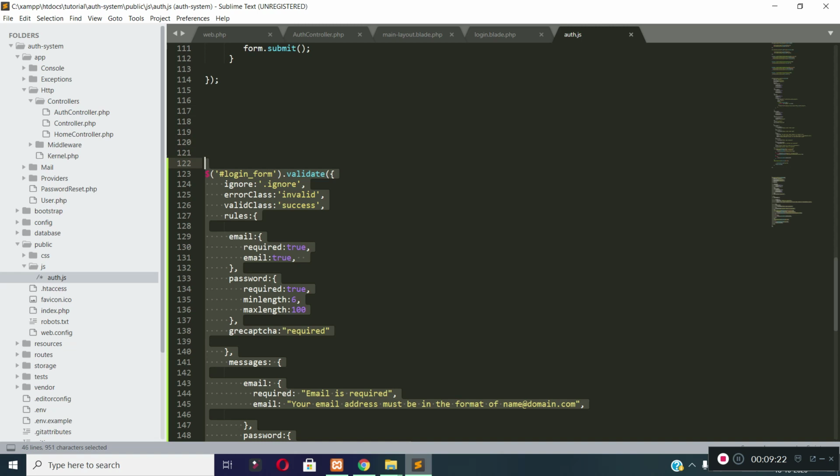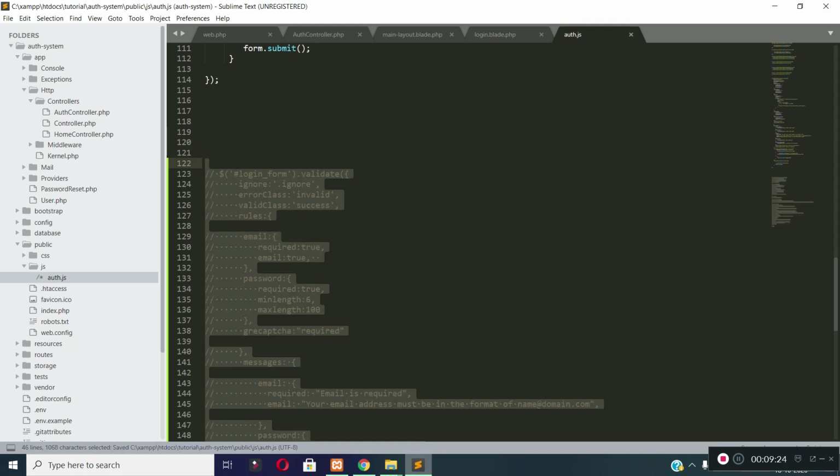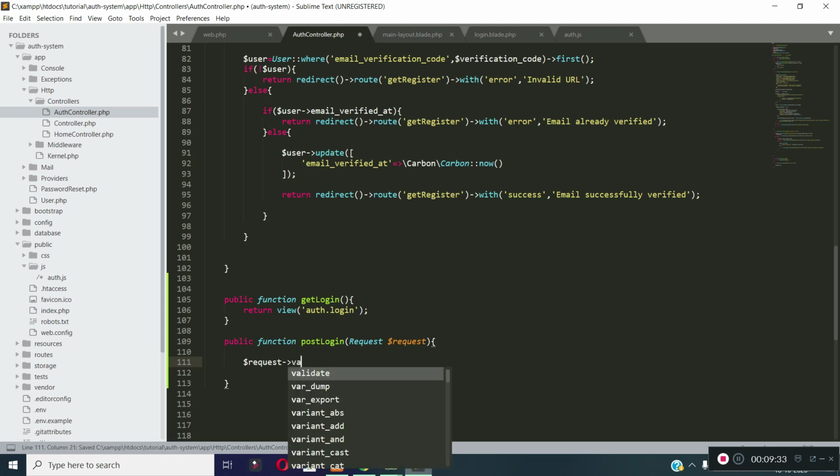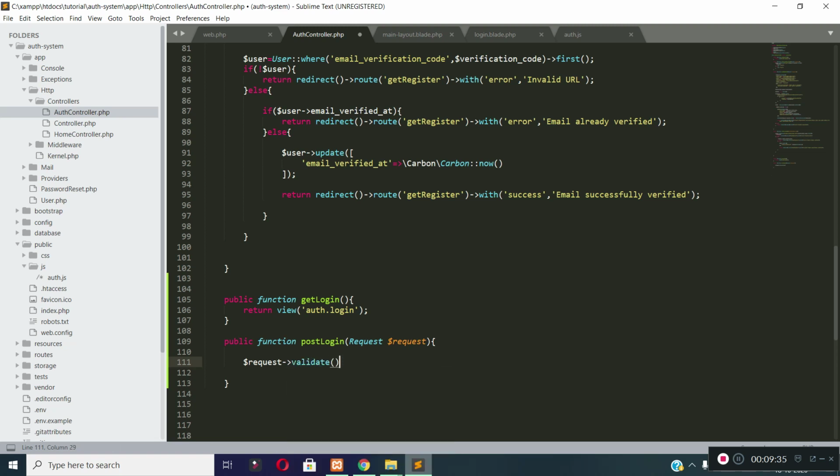Let's disable our client side validation because we need to check our server side validation, and let's add server side validation in our post login method. I'm adding validation rules this way.